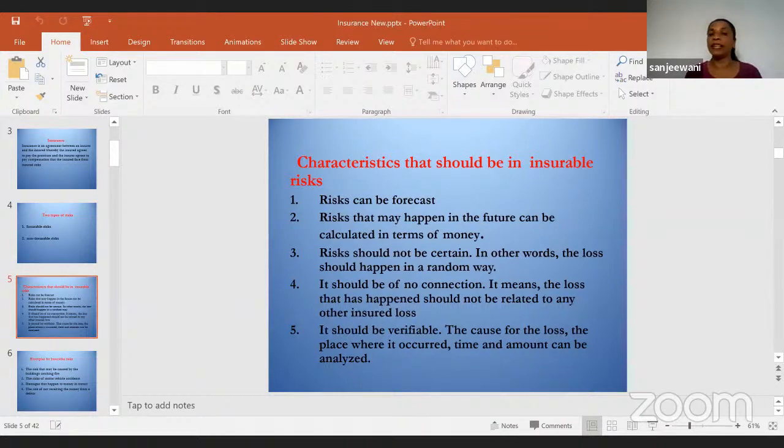I hope that it is clear. I told you the definition for risk, and I told you there are two types of risks: insurable risks and non-insurable risks. So these are the characteristics of insurable risks. All right, then